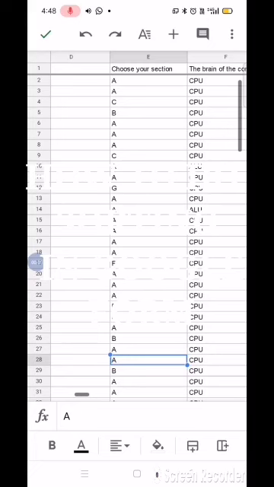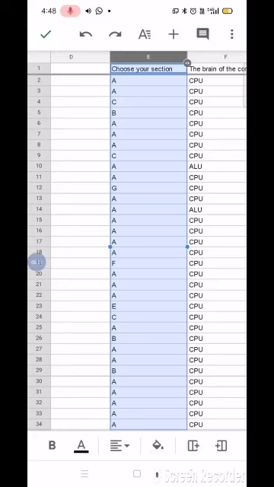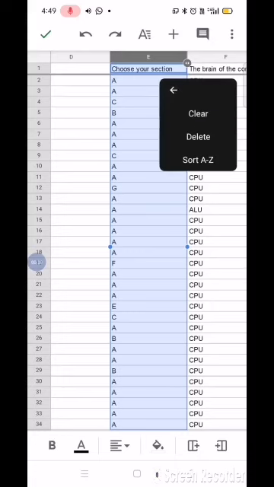Like first of all, I want to arrange sections, like some are A, B, C, D, E, F, any sections it can be. I want to arrange in ascending or descending order, so I want to arrange in A to Z order. So what you will do, first you will click it here, this entire row column is selected. You have to see where you have to place the sorting, and after that click on these dots, after that click on this and you will get the option sort A to Z.